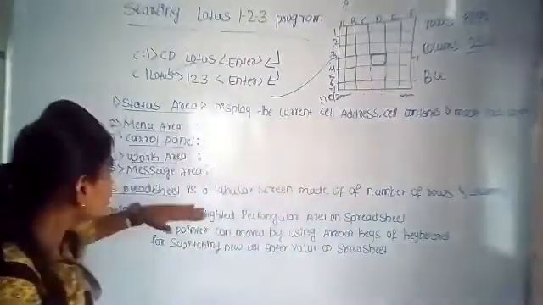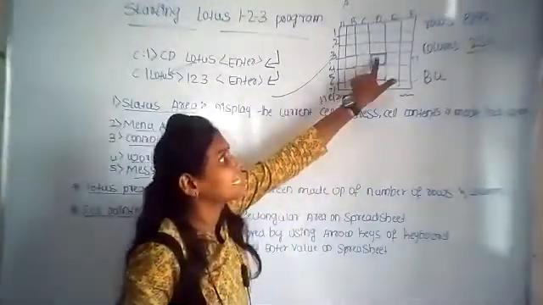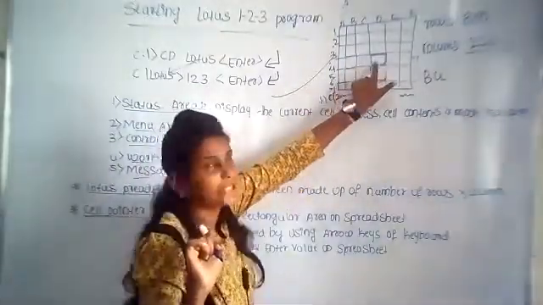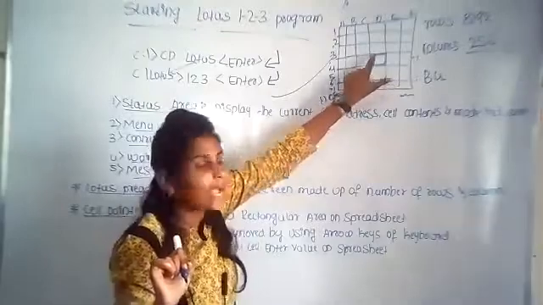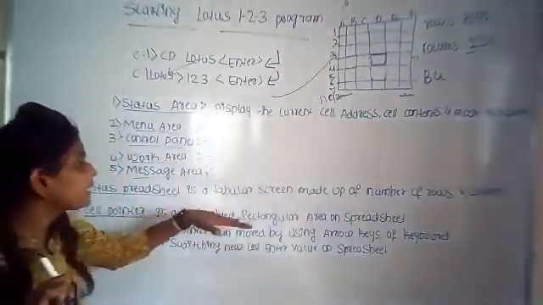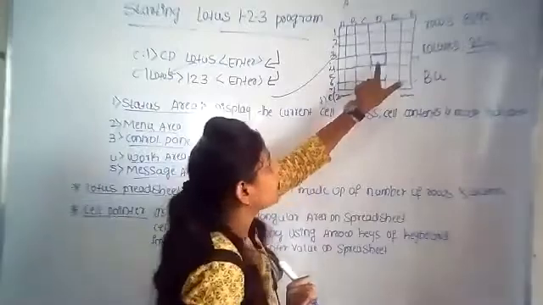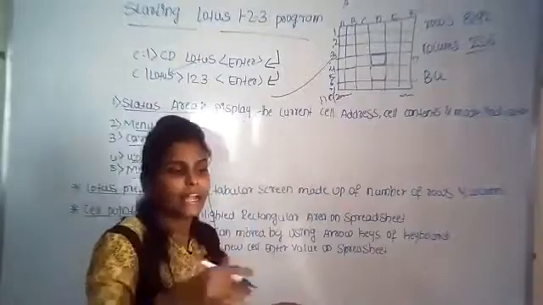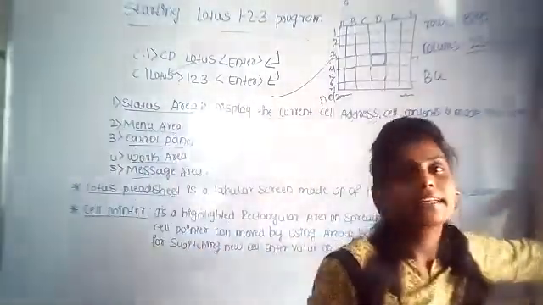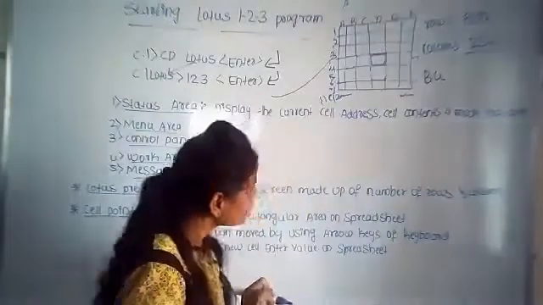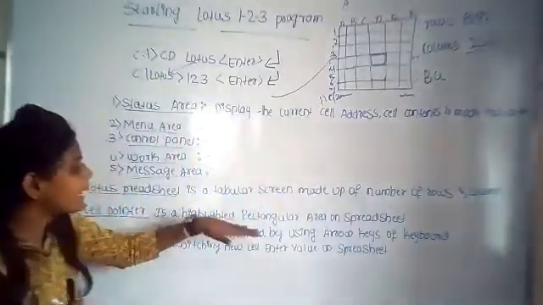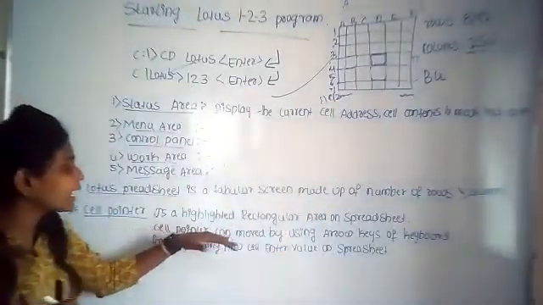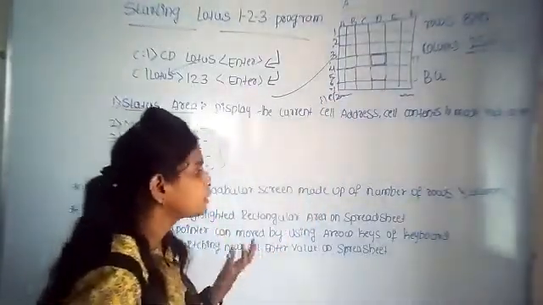Okay, so highlighted means highlighting with the help of a thick border. Okay, these are not highlighted, this is highlighted. This highlighted cell, the highlighted rectangular area, is actually a rectangle which looks like a square. It looks like a square, but actually it is a rectangle. Cells are in the form of a rectangular shape only. Okay, the highlighted rectangular area on a spreadsheet. Plus the cell pointer can be moved by using the arrow keys of a keyboard.